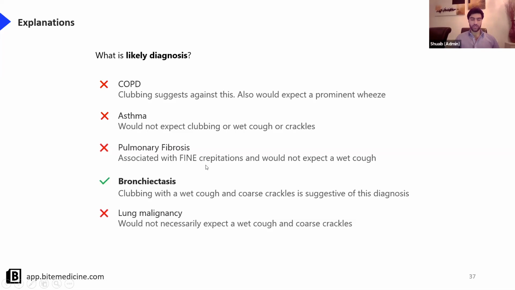It can be a bit difficult to tell the difference. If you can't, then the key giveaway here is the patient has a wet cough. So typically when examiners bring in bronchiectasis patients to OSCEs, they will have a sputum pot by the bedside, and that's the giveaway. So if the patient has a wet cough or has a sputum pot with all of these other findings, that's